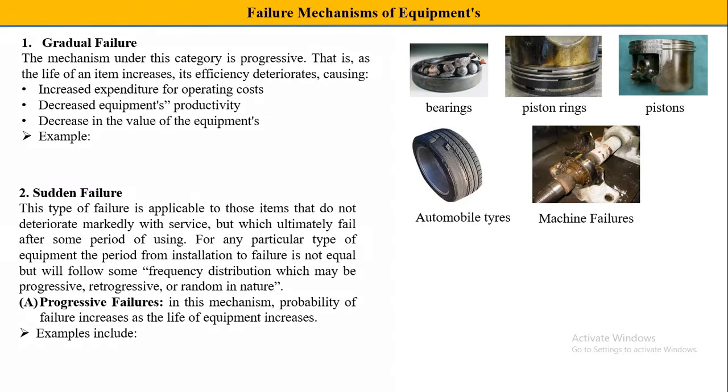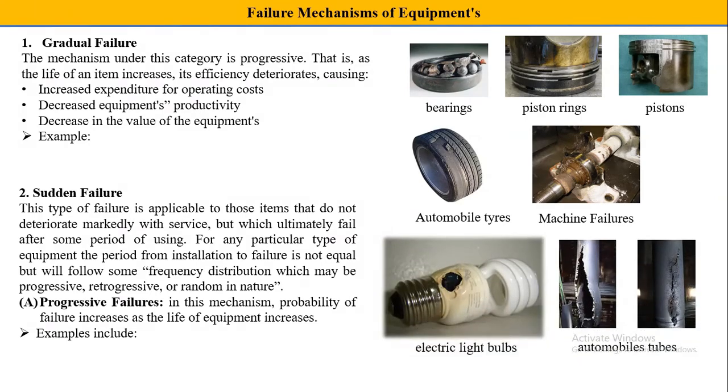So let's see first of all what is progressive failure. In this sort of failure, the probability of failure increases as the life of an equipment increases. That means the chances of failing of this kind of equipment increase as their life increases. Examples are electrical light bulb, automobile tubes. The more you use, the higher the probability of failure of this equipment. So the next one is